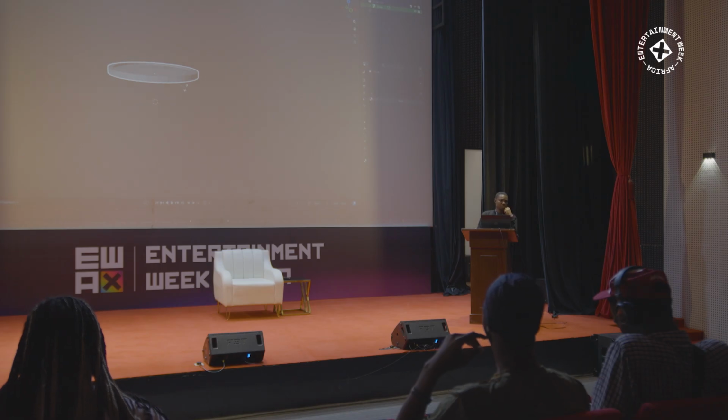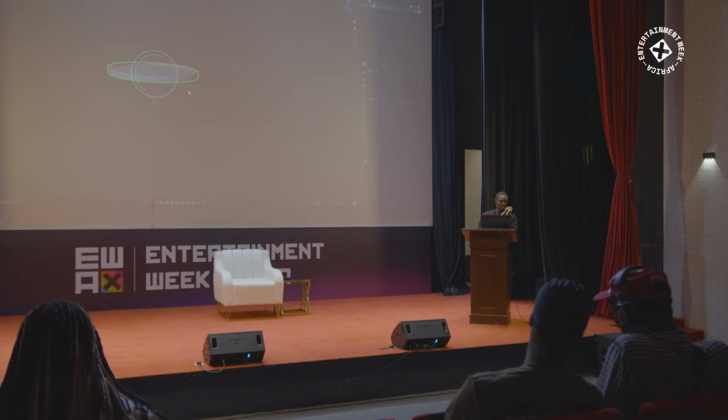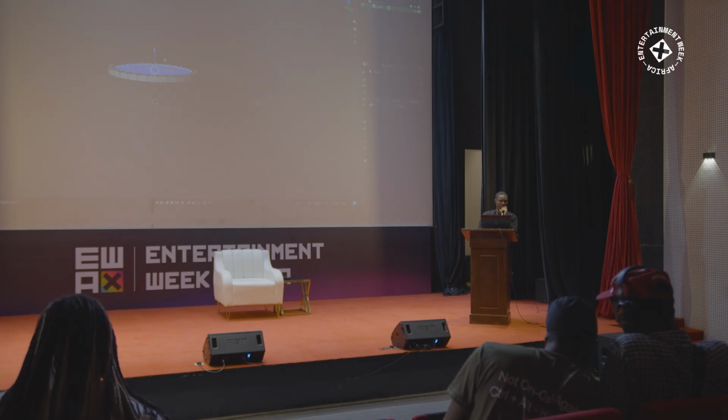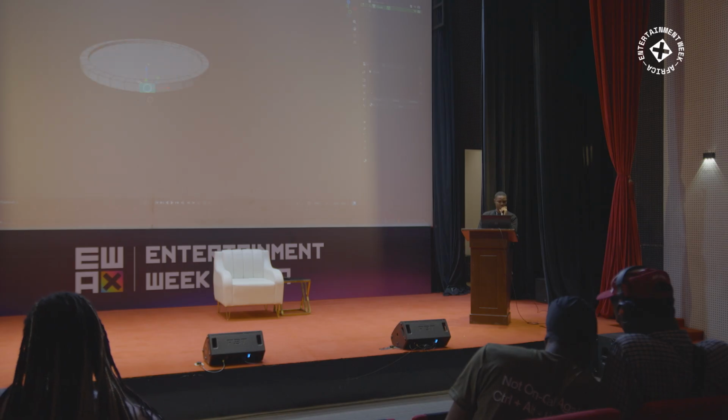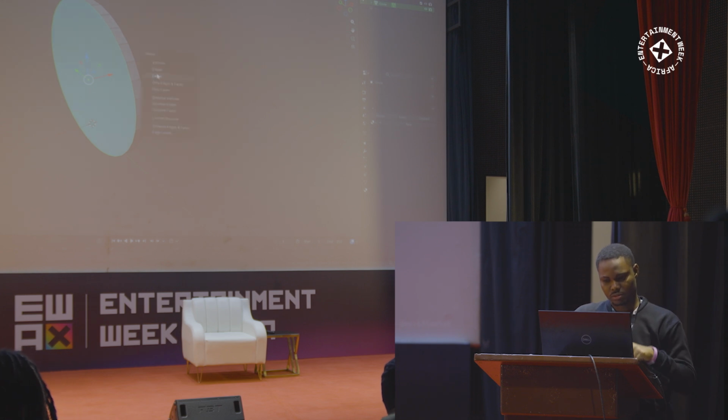How do we ensure that all the vertices are selected? You can use A on your keyboard to select all. Or you can select a face. If you want to select a face, you just have to come up here and select the face, just one face. Do you get? Okay, from here, I'm just going to delete this face like I did before,